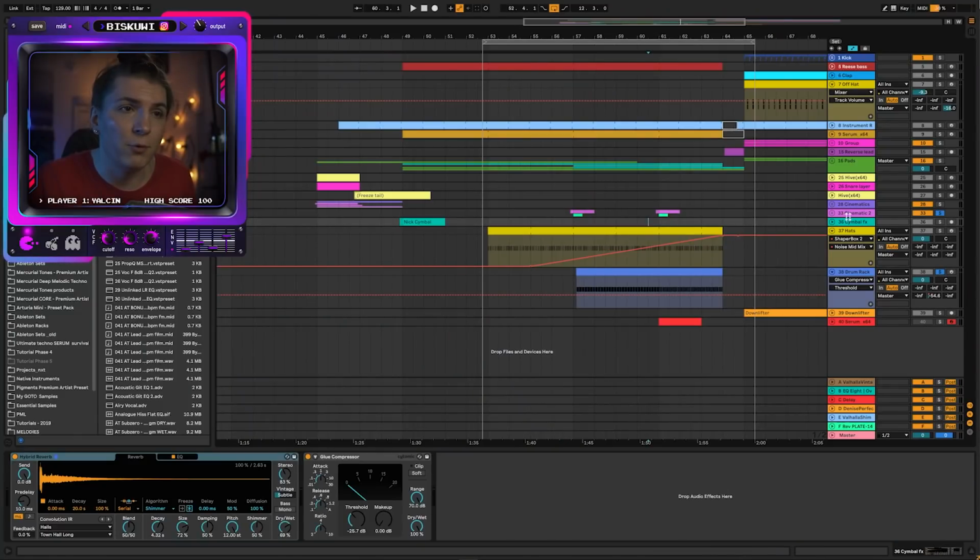You should sidechain your snare roll to other percussion. So when they hit, you don't hear the snare roll. Here it becomes a bit more obvious. So when toms hit,